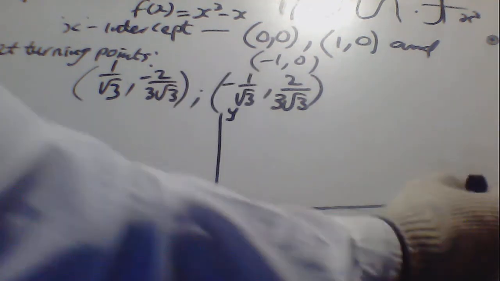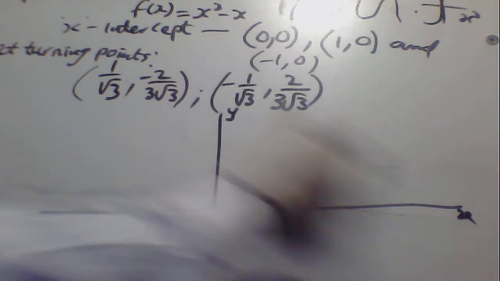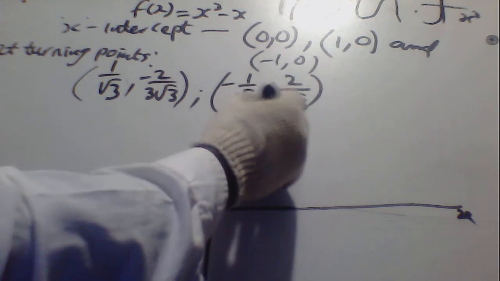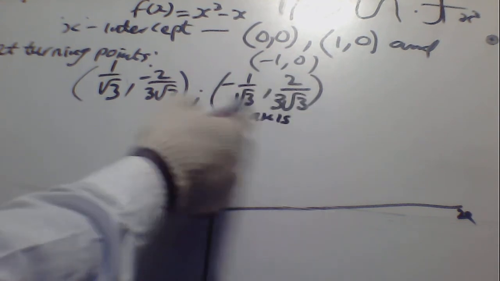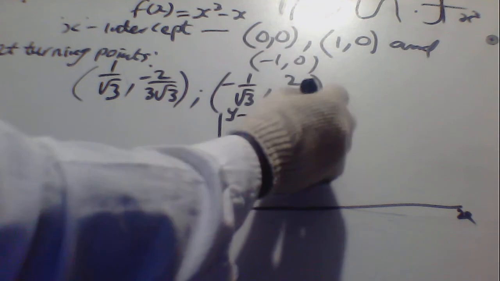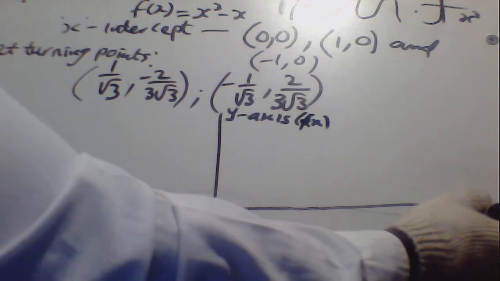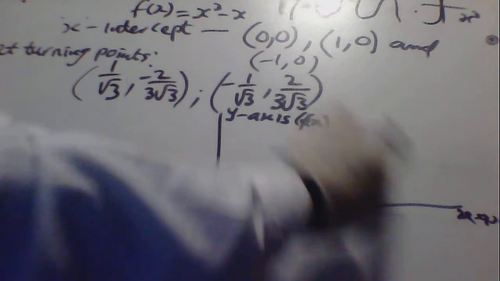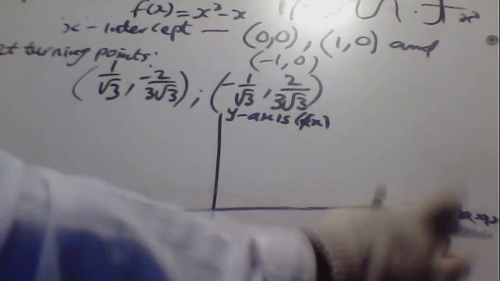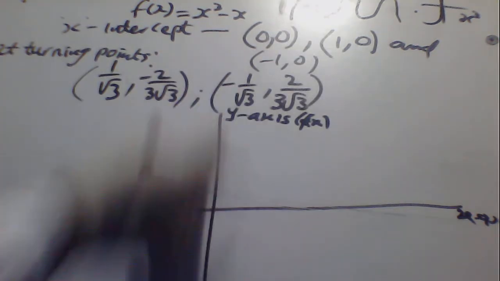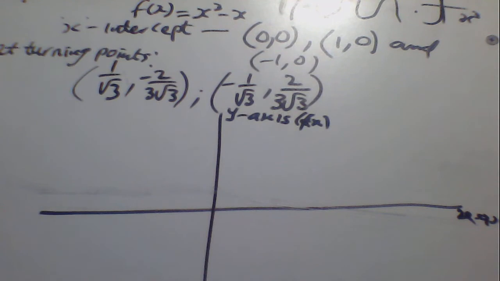So this is y and this is x. Mind you that the y axis here is the same as the function. These are the values of x we got, we will plot them here, and the values of the function we got, we plot on the vertical axis. So if you don't have any question, we proceed.